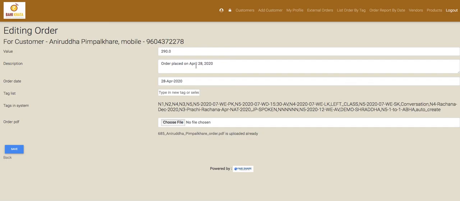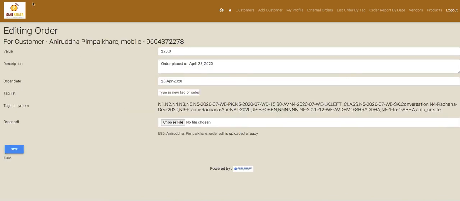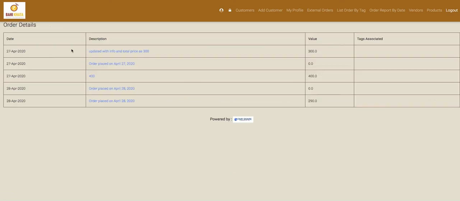Once I get this order, I'm going to deliver these books to the client. And once I deliver it to the client, of course I'm going to get cash on delivery as payment. And then ultimately, just like I showed you in the previous section, I'm going to mark that the payment has been received for this particular client. So that process remains normal, as was shown previously.